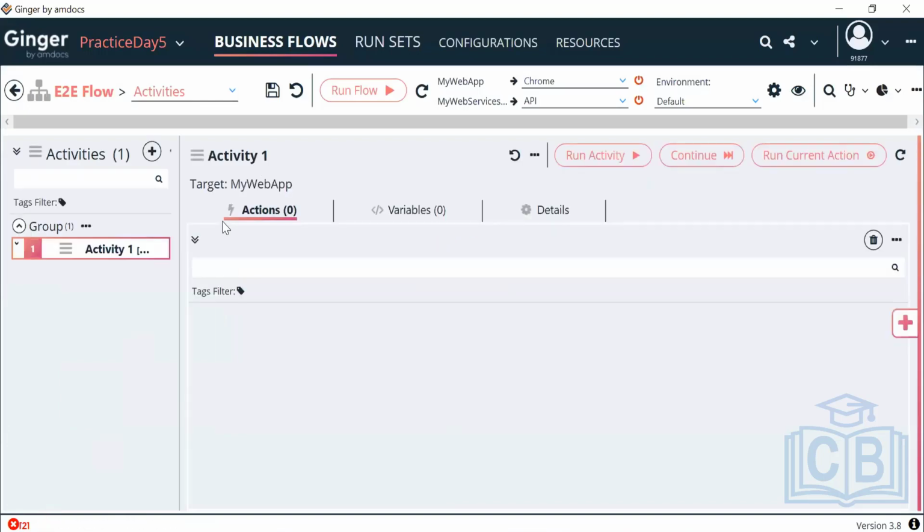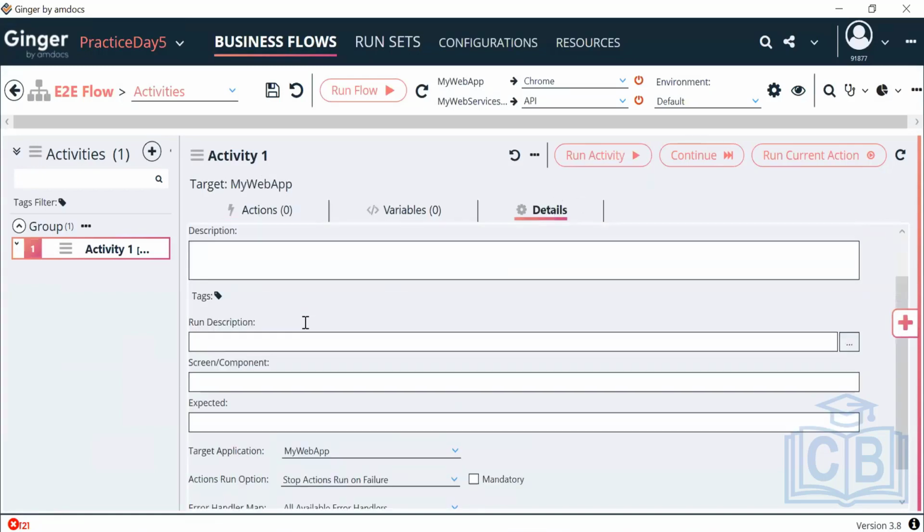There are three ways to go to the automate tab. One is double clicking on the business flow. Second is right click and click on automate. And the third is the automate button on the top right-hand side. Okay. So now we have one activity. Let's rename this activity as